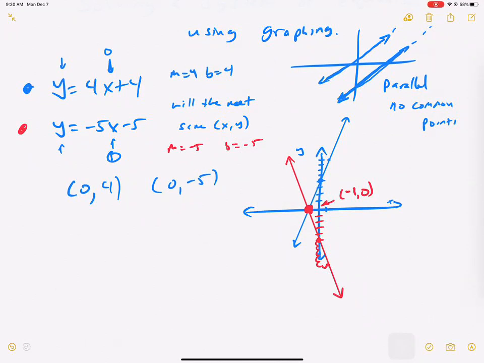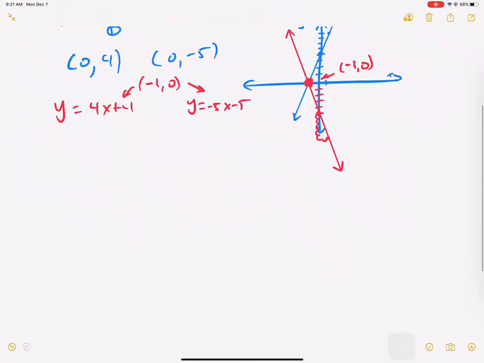For my first equation, y equals 4x plus 4, and my second equation, y equals negative 5x minus 5, we're going to check: does negative 1, 0 work for both equations? The idea of a solution to the system is that this is where the lines meet. So we're saying it's going to meet at negative 1, 0. And I want to show you that this is the only point that is true for both statements, meaning it gives me an equal value. So if I plug in negative 1,